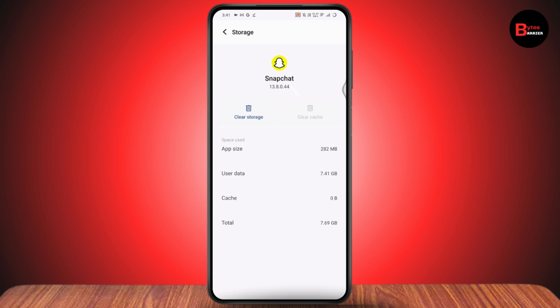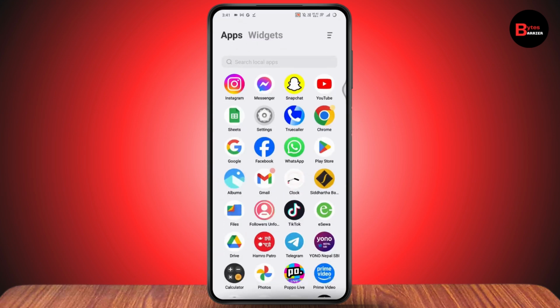Once you clear your cache, now even after that, if that still doesn't fix your problem, then you just need to simply choose a VPN. So turn on your VPN. Once you turn on your VPN, or once you've connected to a VPN service, you just need to simply go with your Snapchat account or Snapchat application and try to use your Snapchat application or try to log into your account, and your problem will be fixed. So that's how you can fix your Snapchat